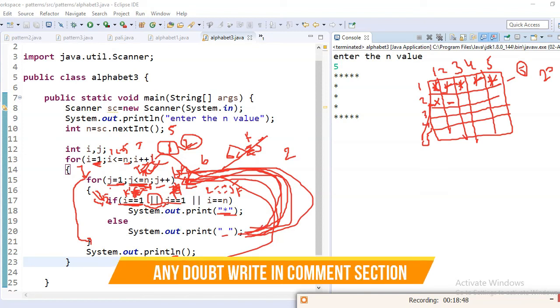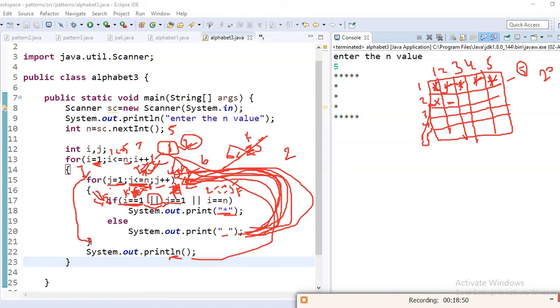Like that, this will keep running until the end of the statement, and everything is false. So again the i value is incremented by 1, and like that, whatever ran before, here also it will work. These three columns will work the same as whatever we discussed. In the 5th row it will work like the first. So that's why I have written here i double equal to n. This one is i value, this one is j value, right?